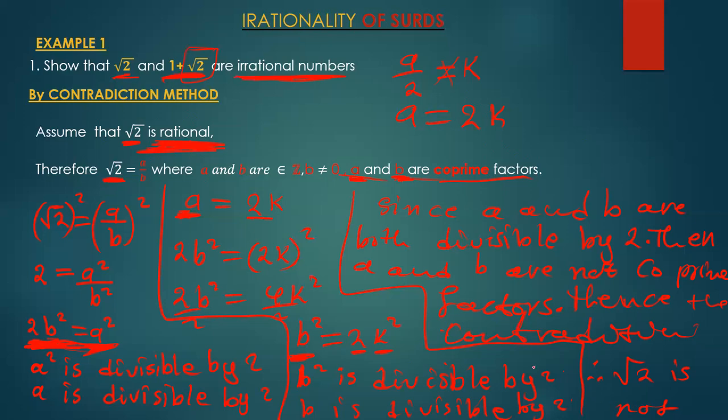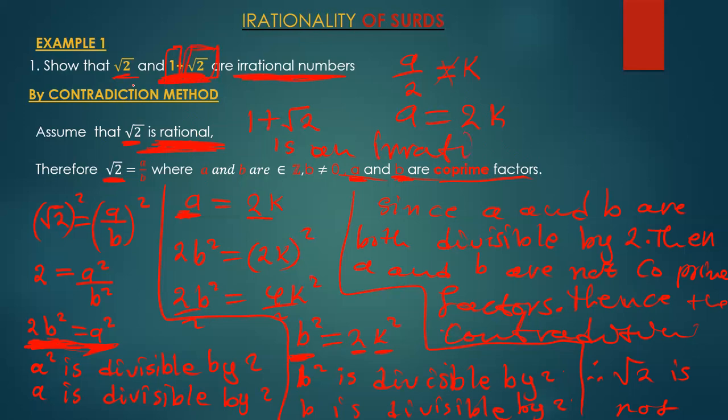You also write the other conclusion to say the addition of a rational number, which is 1 in this case, and an irrational number results into what? An irrational number. Hence, 1 plus the root of 2 is an irrational number. So you do the same procedure here, and then when writing the conclusion for this one, you write